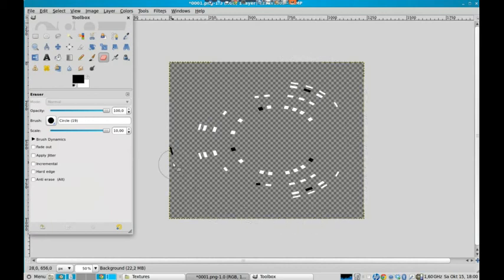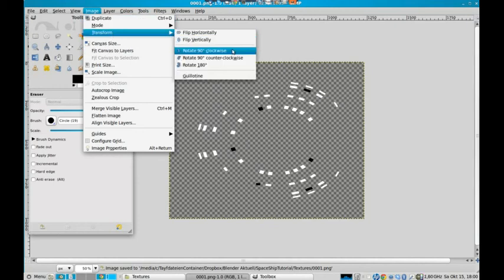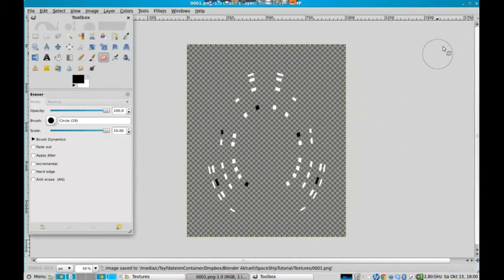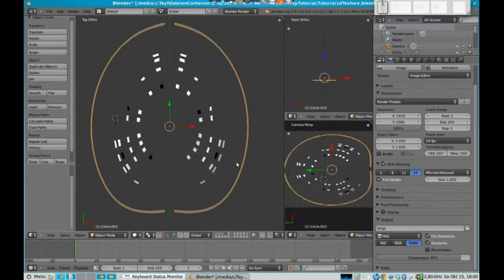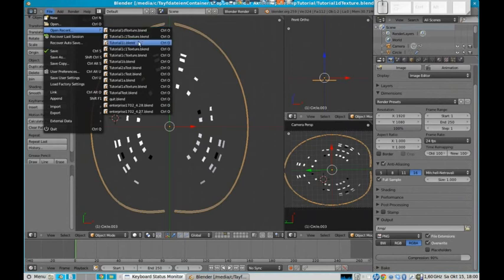So, okay, that's it. Then we can save it, and actually we rotated it before, so the other one, we have to rotate that too, 90 degrees, and that's it. So close it, go back to Blender, save that file, and go back to our modeling part, which we called